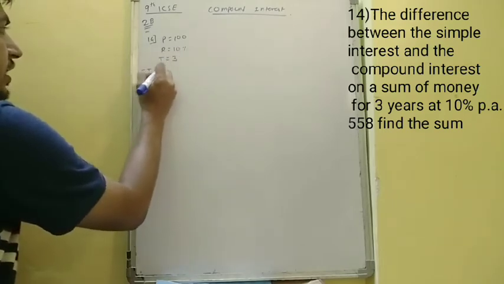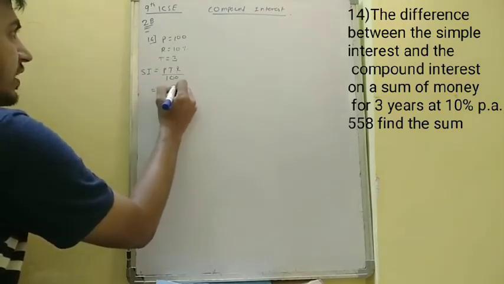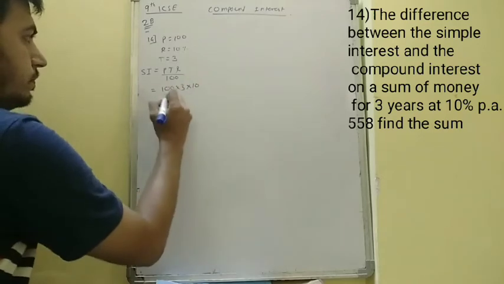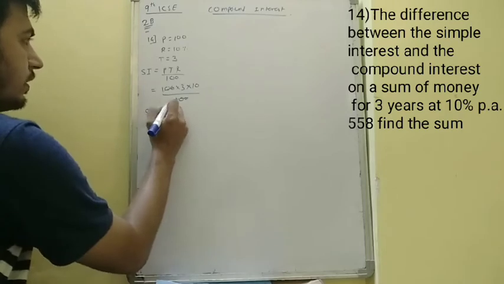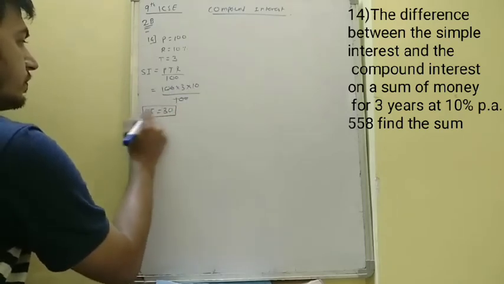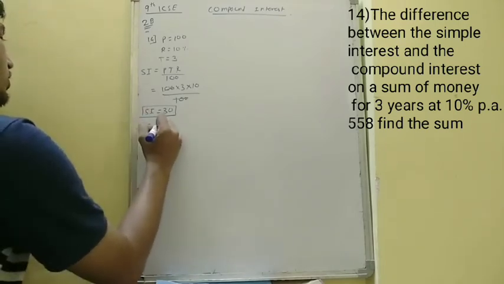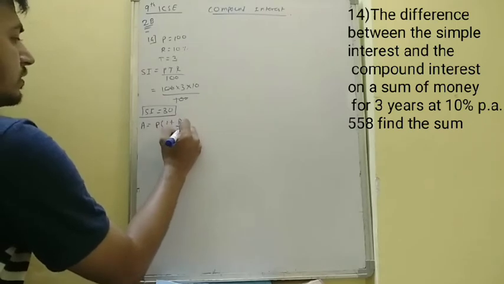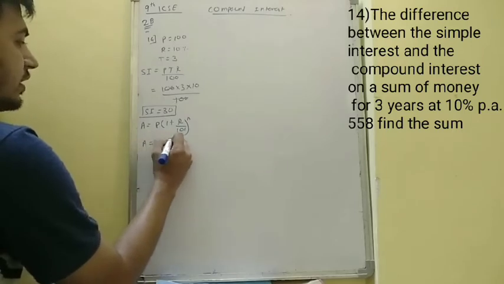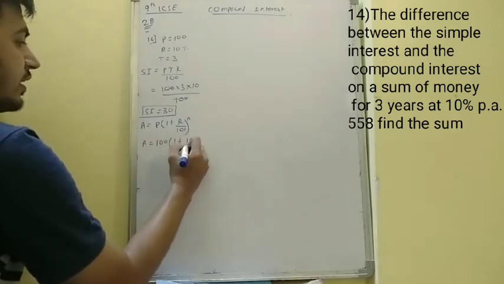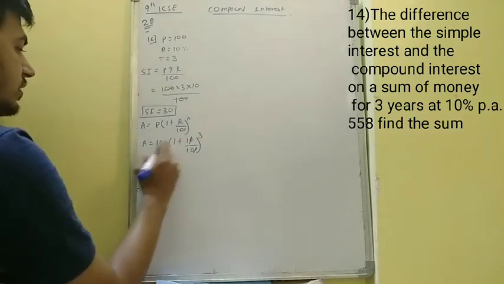So we will find the simple interest is equal to PTR upon 100. So the principal is 100, time is 3 years, rate is 10 upon 100. So the simple interest is 30. Okay. Now I will find the amount. To find the compound, amount is equal to P into 1 plus R upon 100 raised to N. Amount is equal to P, that is 100 into 1 plus, what is the rate? 10 upon 100 raised to N, and number of years is 3. The zeros will get cancelled.